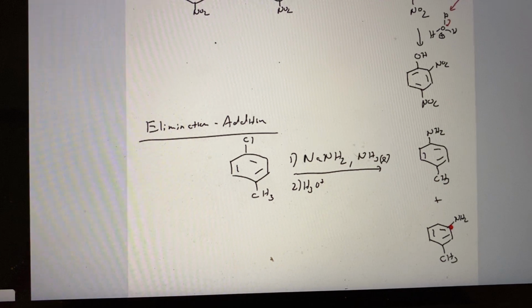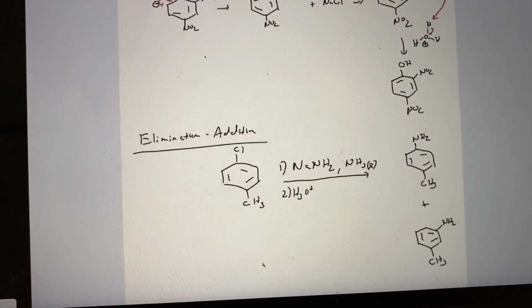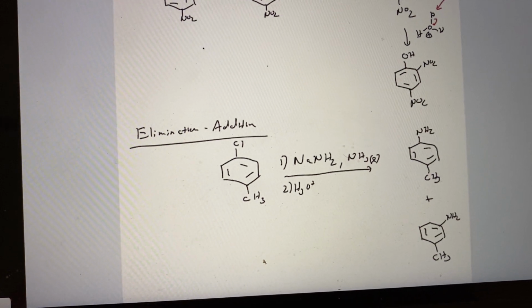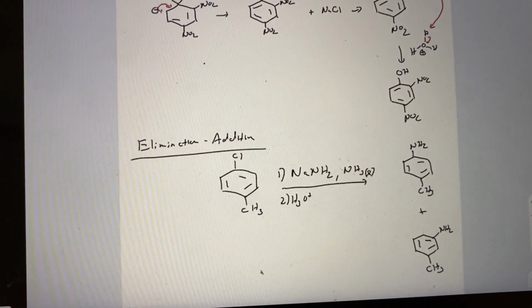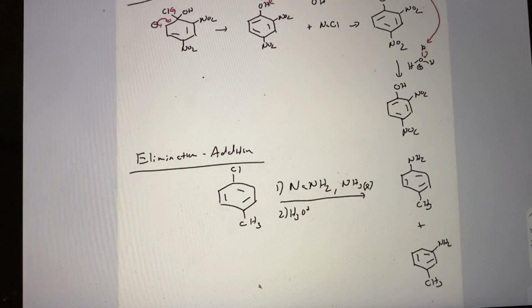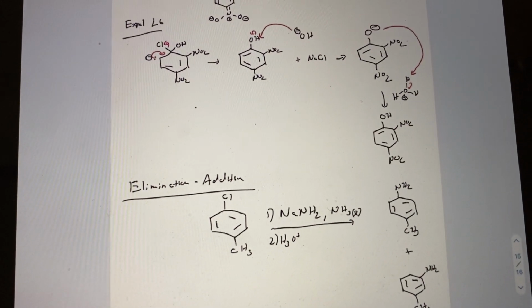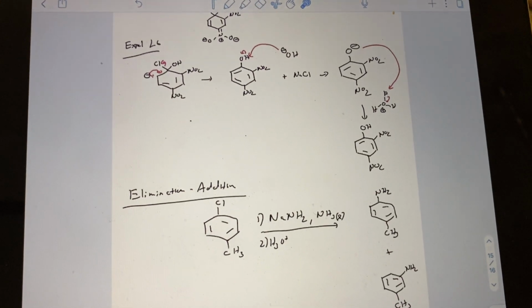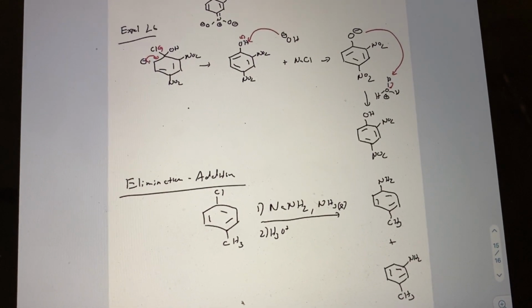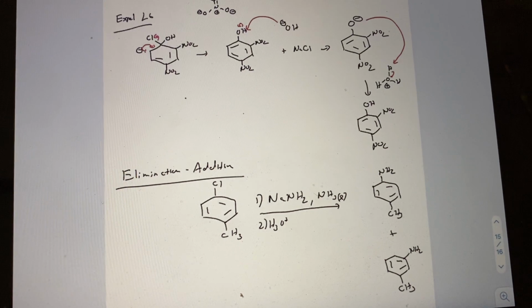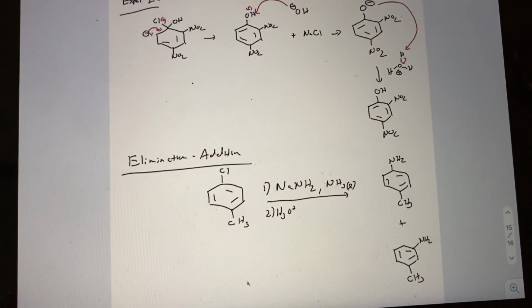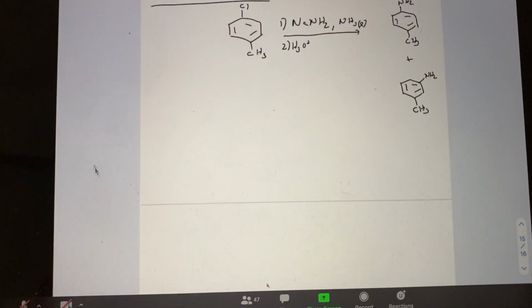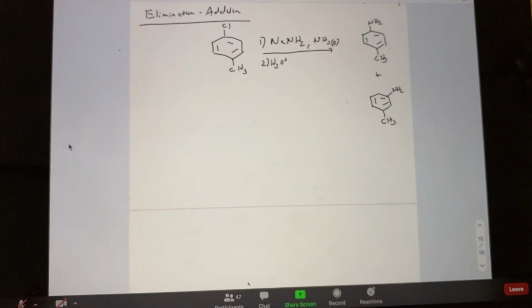Number two is this reaction occurs when you do not have electron withdrawing groups on the benzene ring. So in our example above, the SNAr reaction, we needed to have these electron withdrawing groups at ortho or para or both. But this reaction occurs without those. We just have this methyl group here, which is actually electron donating. So we need to come up with a mechanism that explains how this works without electron withdrawing groups and how we get these two products in particular. So I'll scroll up here. And the way this is thought to work